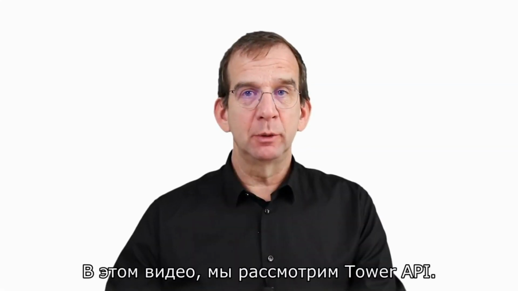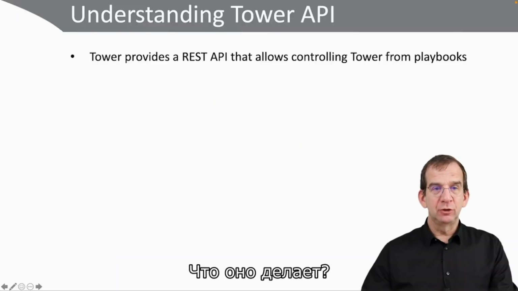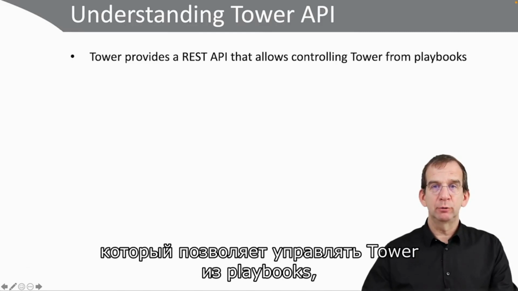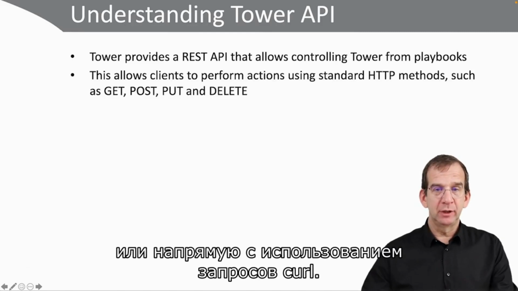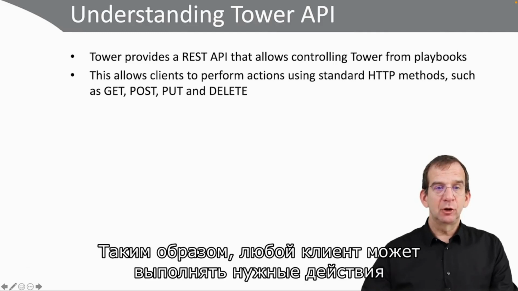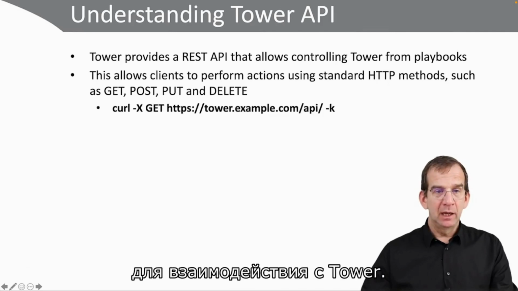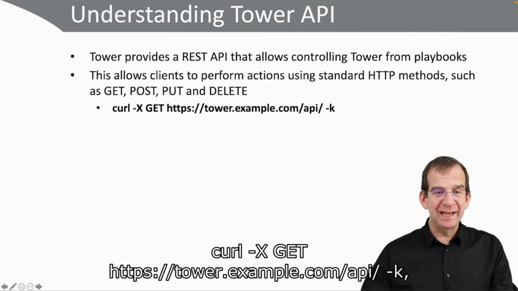In this video, you will learn about using the Tower API. So what is going on? Well, Tower provides a REST API, and that allows controlling Tower from playbooks or directly using curl requests. So any client can perform actions using standard HTTP methods such as GET, POST, PUT, and DELETE to interact with Tower. For instance, you can use curl -X GET https